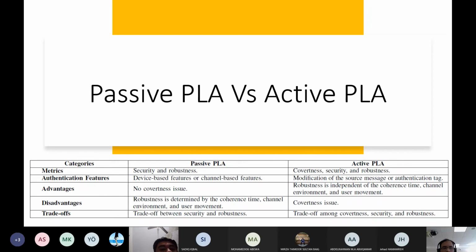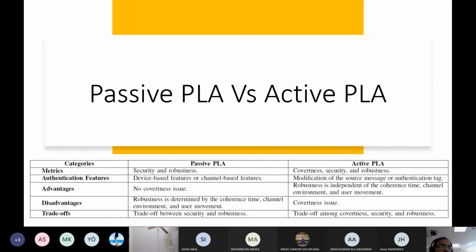From the merit point of view, in the passive case you just need to consider security and robustness: how robust your feature is to channel fading and noise effect, and how secure it is when it passes through the channel and is received by an attacker.